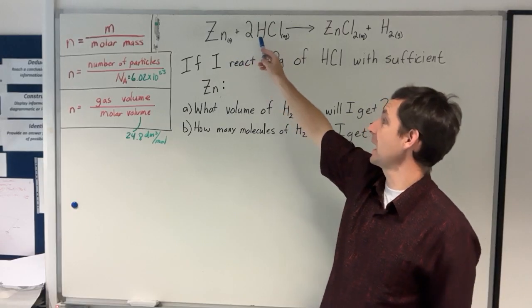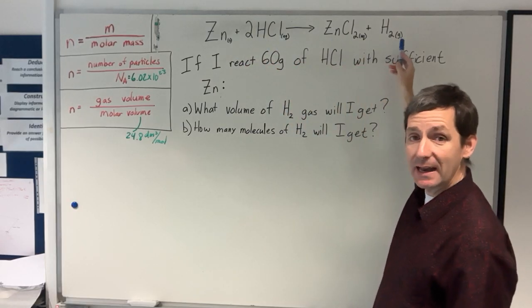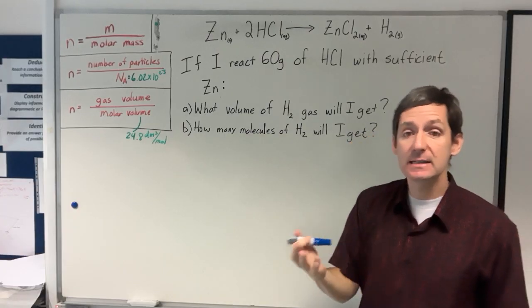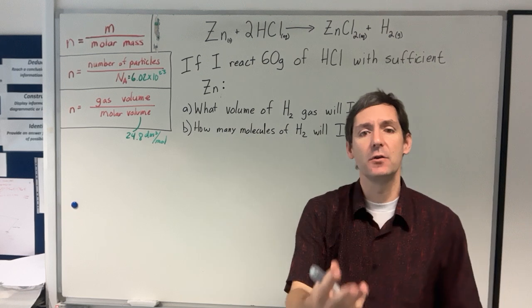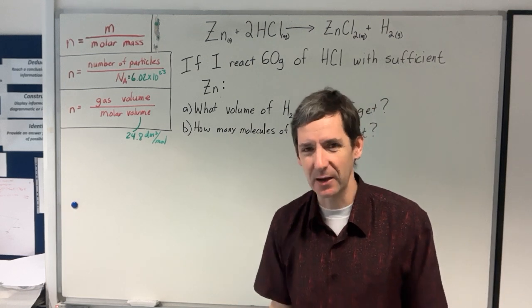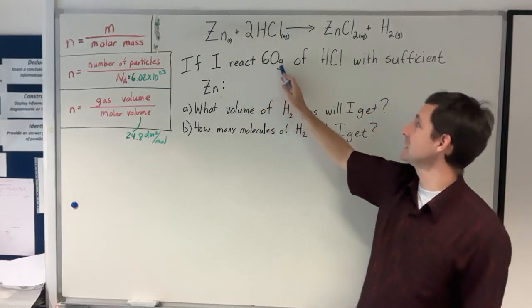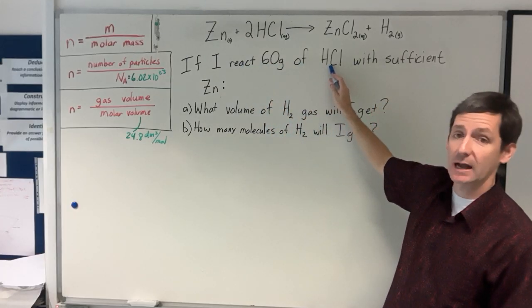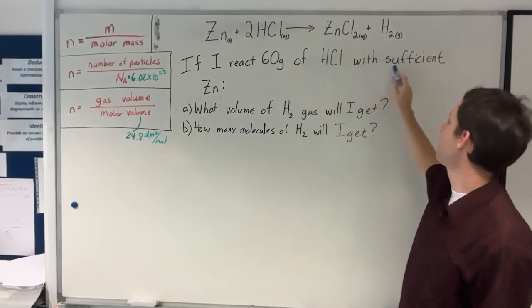So I've got zinc and hydrochloric acid, which is turning into zinc chloride and hydrogen gas. Now, on an assessment, we might ask you to balance the equation first. I've already done that because the focus of this video is on the moles calculations, not the balancing. Okay, so the question is, if I react 60 grams of hydrochloric acid, okay, so 60 grams of this with